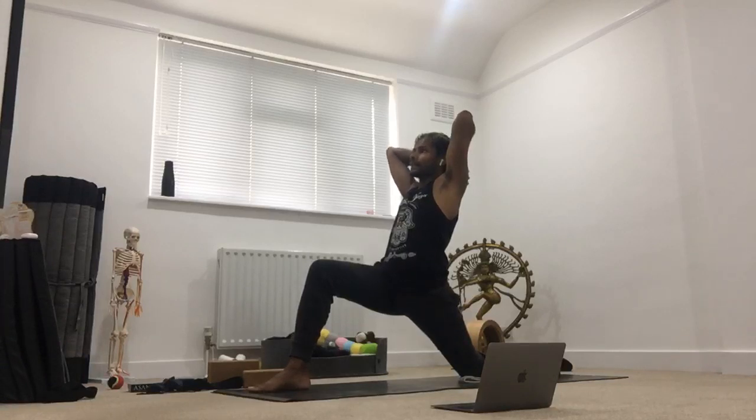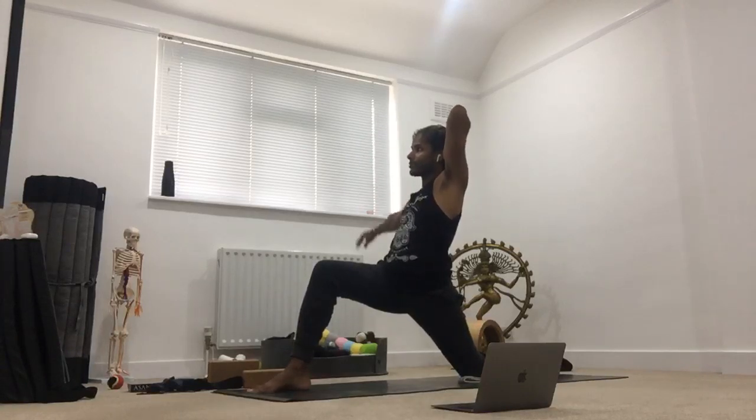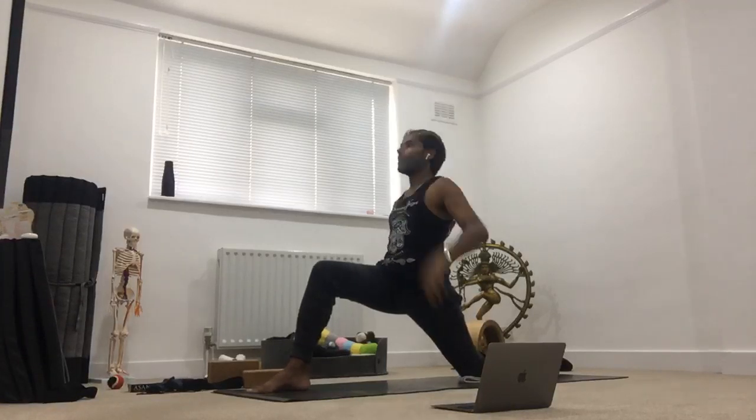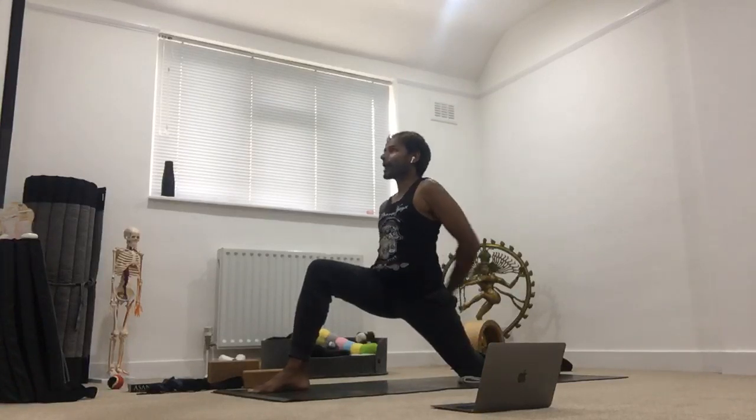If you're going into Gomukhasana, you're releasing the right arm. See if you can bring it around and see if you can find the left fingertips. Walk the hand up the back and find the fingertips that way. Or remember, you can release the top arm, help the elbow gently up the back. And go into